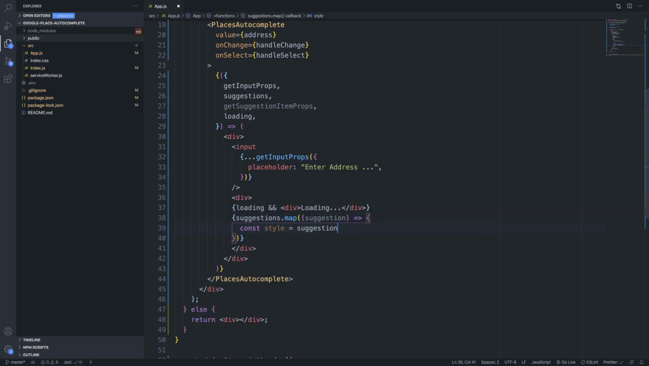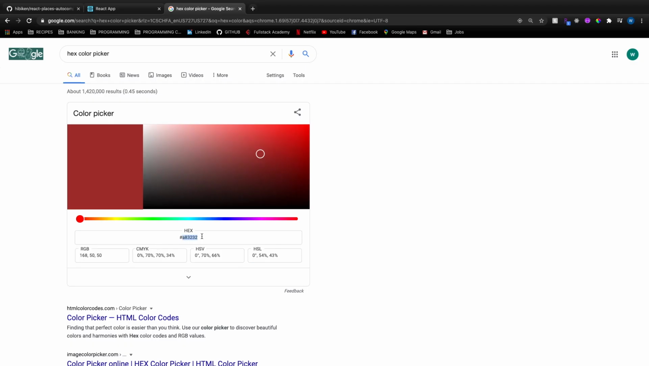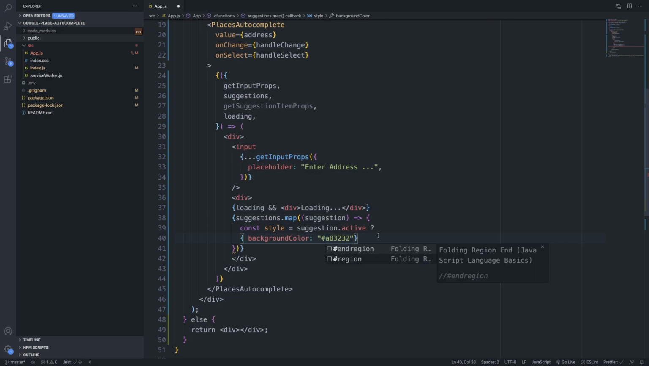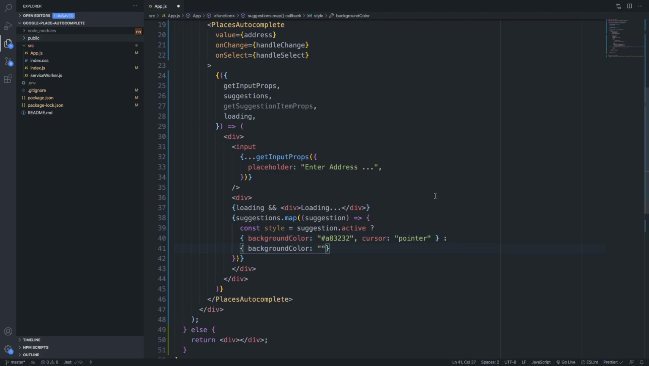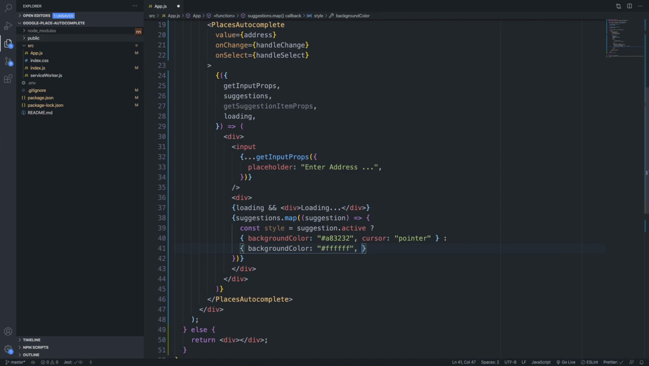Let's add some styling for the suggestion based on when it's active. Let's pick a red background color for active, and white if not. And also let's give both the cursor a pointer. So now that we have the styling, let's fill in what we will be returning. We'll have a div and pass the prop